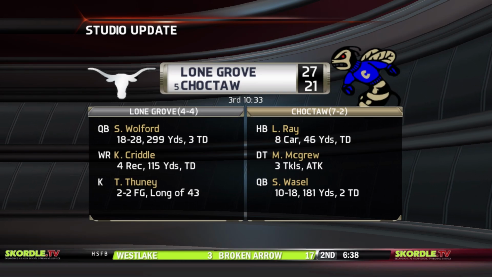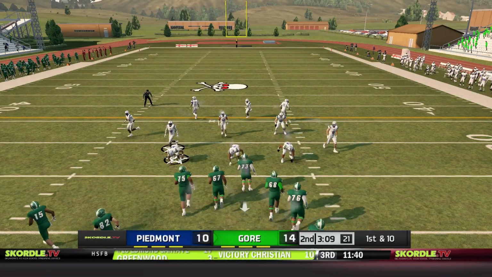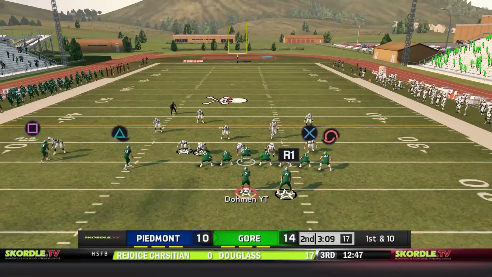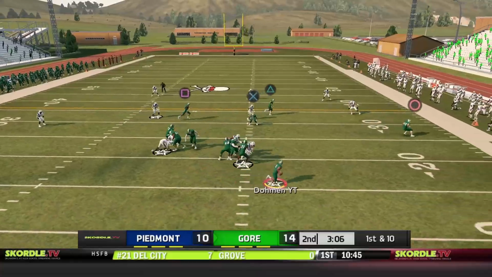And we got an upset alert on our hands as well. Chalktown, the number 5 team in Oklahoma, well, Lone Grove is giving them a game they won't soon forget. They are up 27-21. So now we jump back onto the field with 3 minutes left here in this first